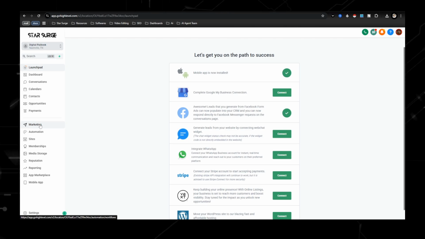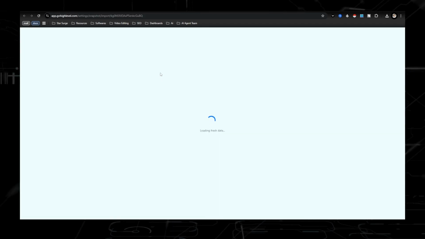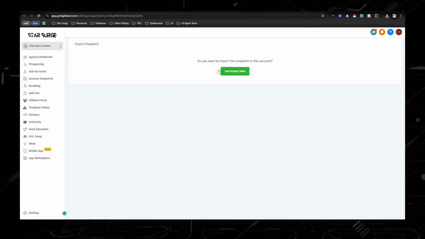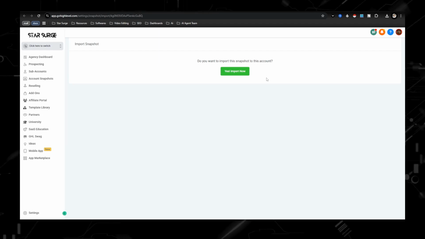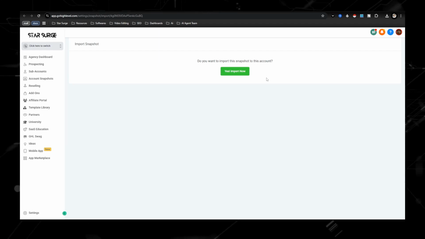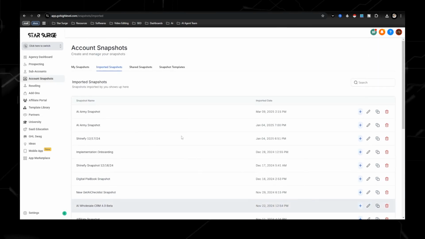So let's go ahead and go back to the checklist, because you're able to get everything, all my frameworks, all my sequences, and all my funnels already done for you if you use or import this thing called a snapshot. And that's what it is. It's just taking everything that I use and it's going to import directly into your guys' sub account. So all you would do is hit yes, import, and then it would have it imported here.